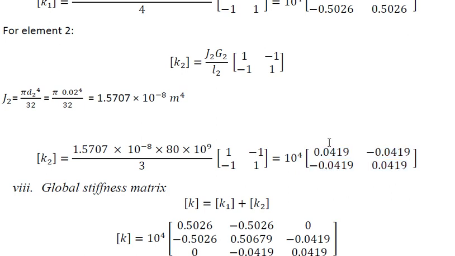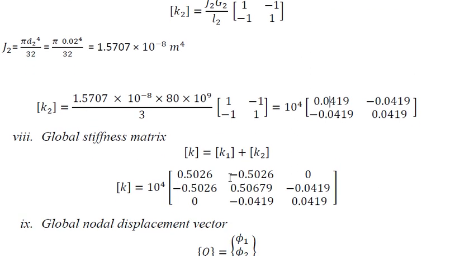But the degrees of freedom are 2, 3. Here the degrees of freedom are 1, 2 in the earlier case. So the global stiffness matrix will be of size 3 cross 3, because the degrees of freedom for the given member is 3. At each node there is 1 degree of freedom, and there are 3 nodes. So it is a 3 cross 3 matrix, same as that of the bar. After adding, this is the only term which is added, at degrees of freedom 1, 2, 3. This is the global stiffness matrix.